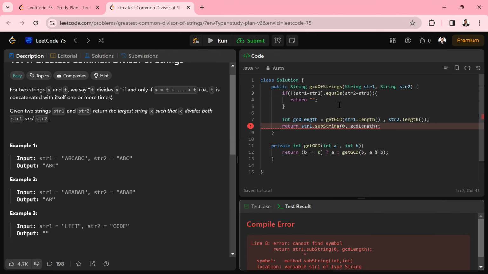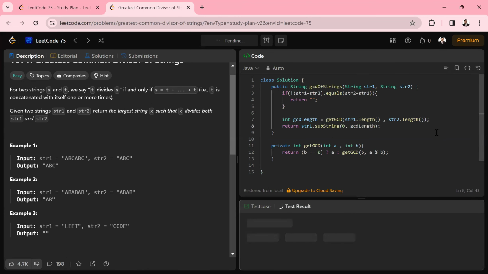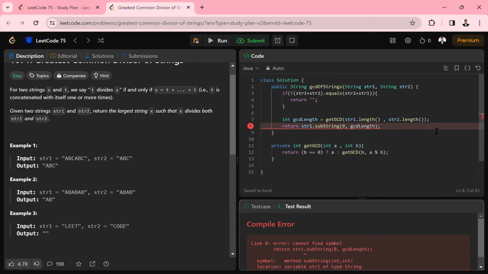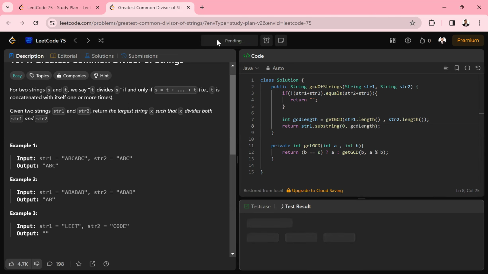String 1 dot substring. Yeah, here I made a mistake, the s should be small here, right? Let's run it again.